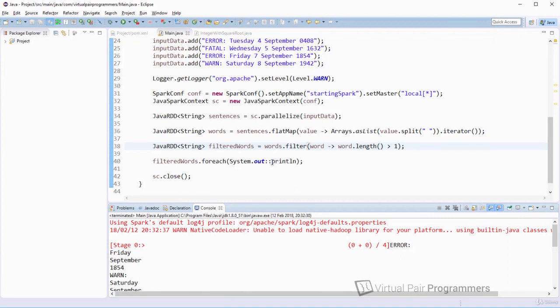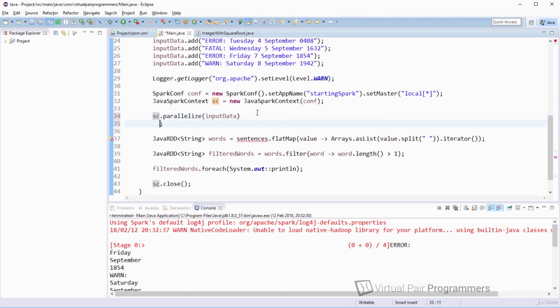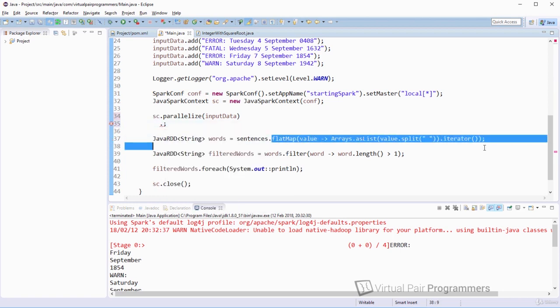Once again, just to close this chapter, I'll remind you that you don't have to do all of these separate operations on separate lines, storing the new RDD in a variable each time. We could have done all of this on a single line, and we would have done it as previously by using the lambdas. So once we've done the parallelize, we can go on to call, I'll just cut and paste from here, we could call the flat map,